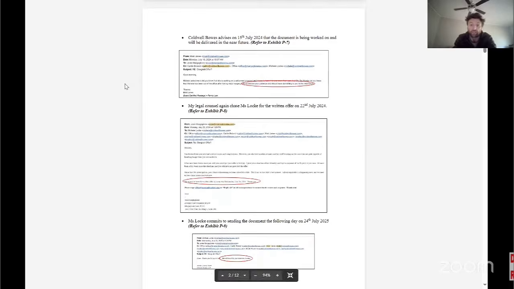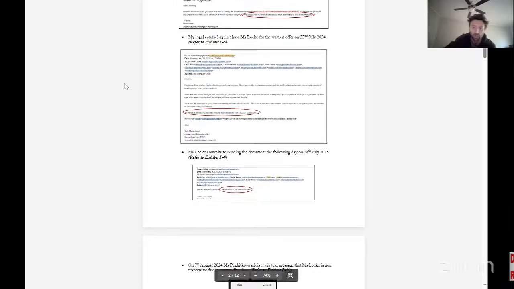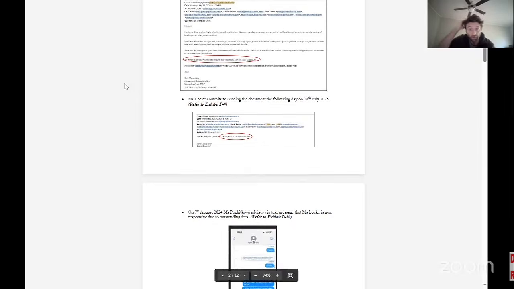My legal counsel again chased Miss Locke for a written offer on the 22nd of July. And in this email, my attorney is saying, I understand that you have had medical leave, etc., but you have staff supporting you, you have a whole firm there, you've committed to this a number of times. And then what I've highlighted there is another reasonable deadline. Miss Locke responded on the 24th of July, committing that she would send it by tomorrow, after the above deadline,